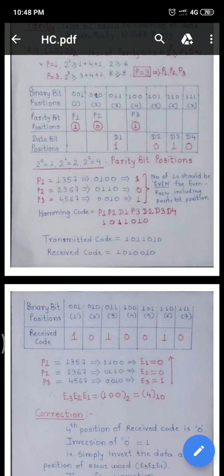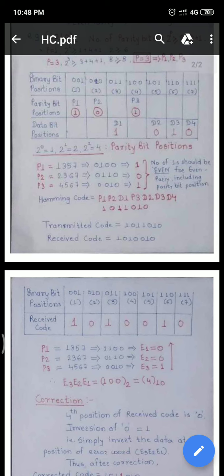If the number of ones is already even, then we have to add 0. And if the number of ones is not even, we have to add 1 there. So here the number of ones is even, so we have added 0. So the P2 bit becomes 0 here.